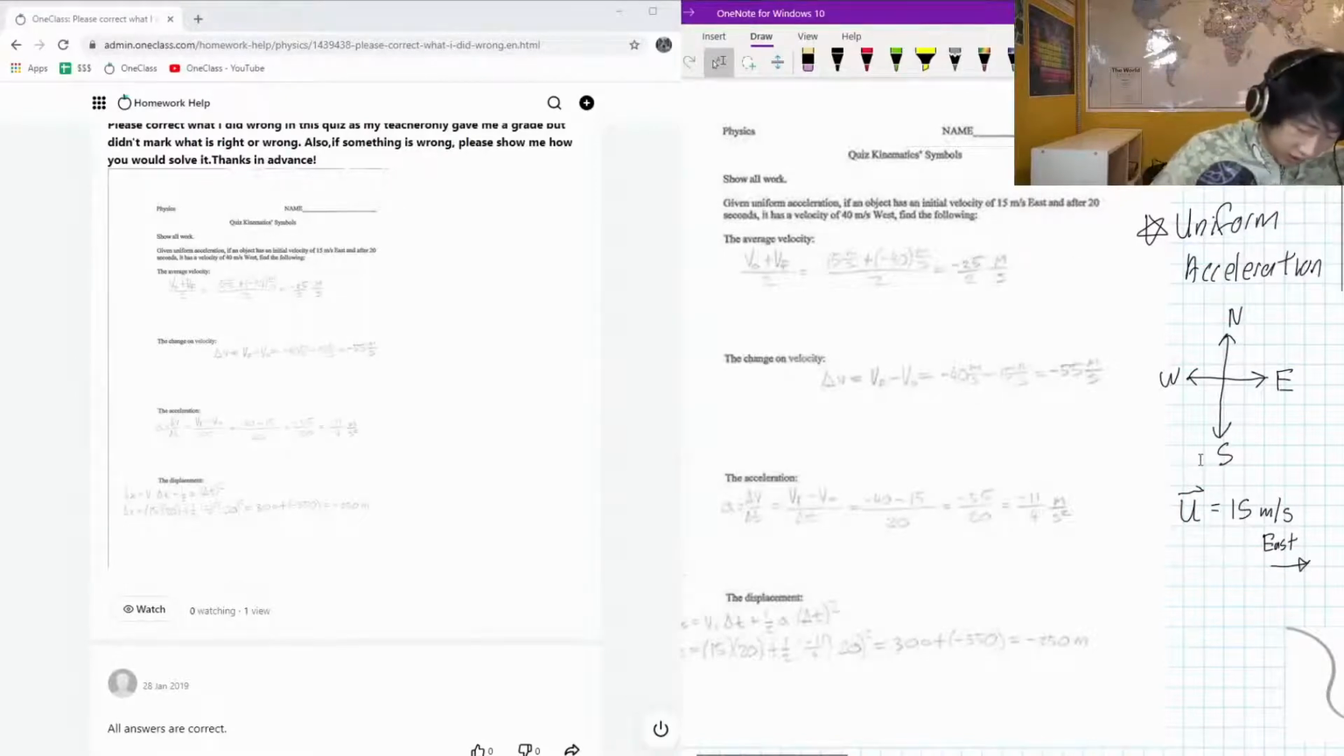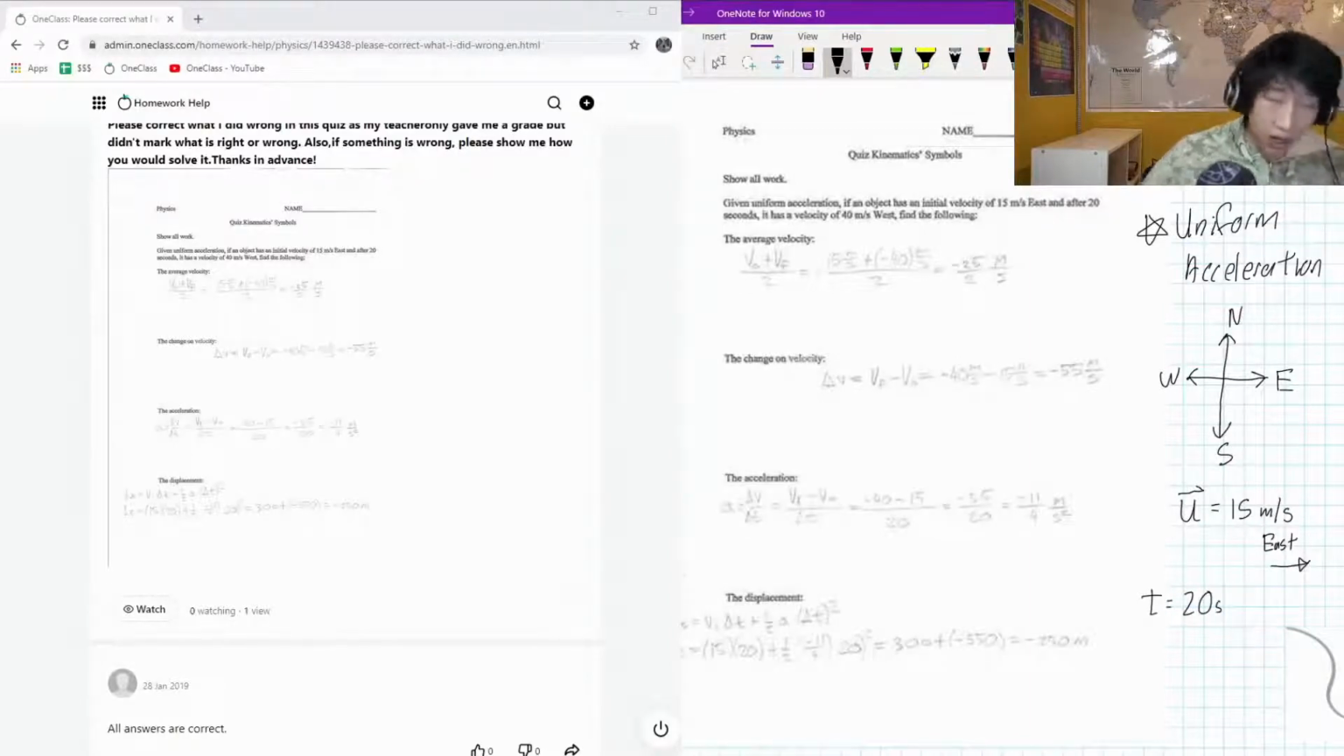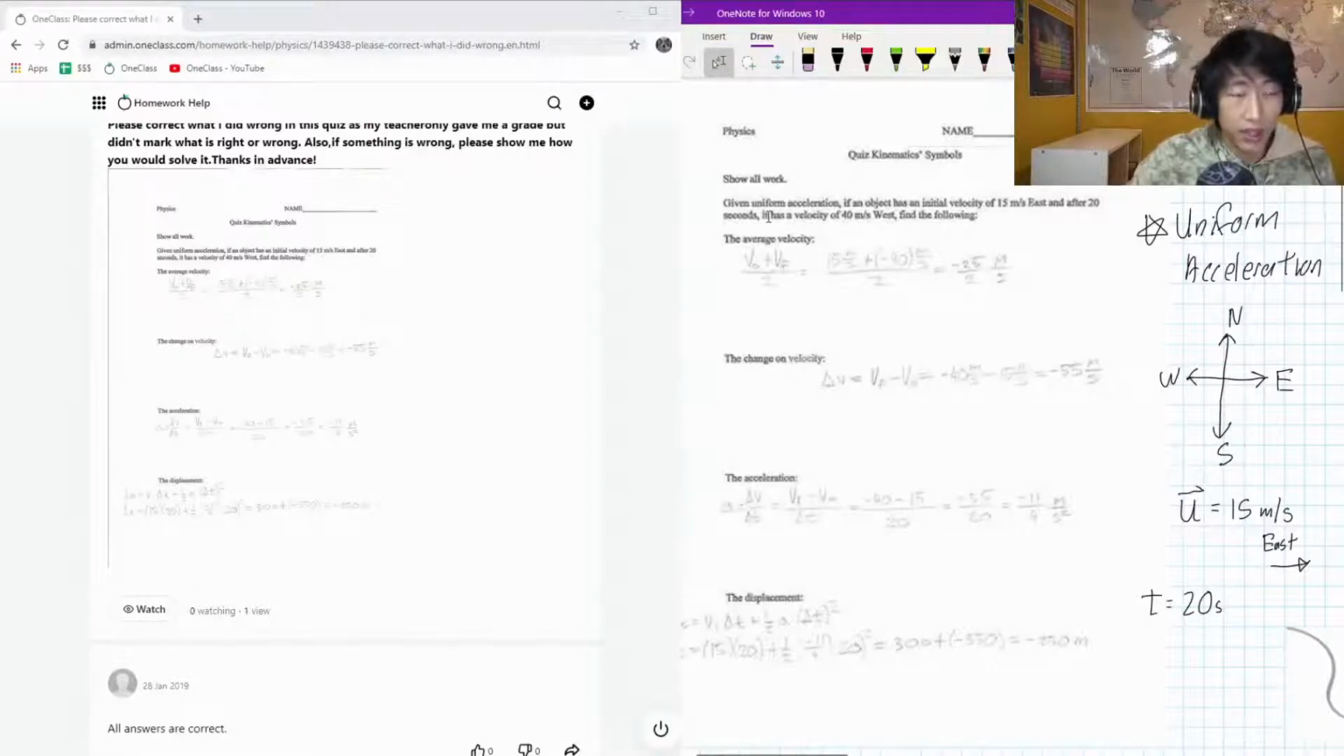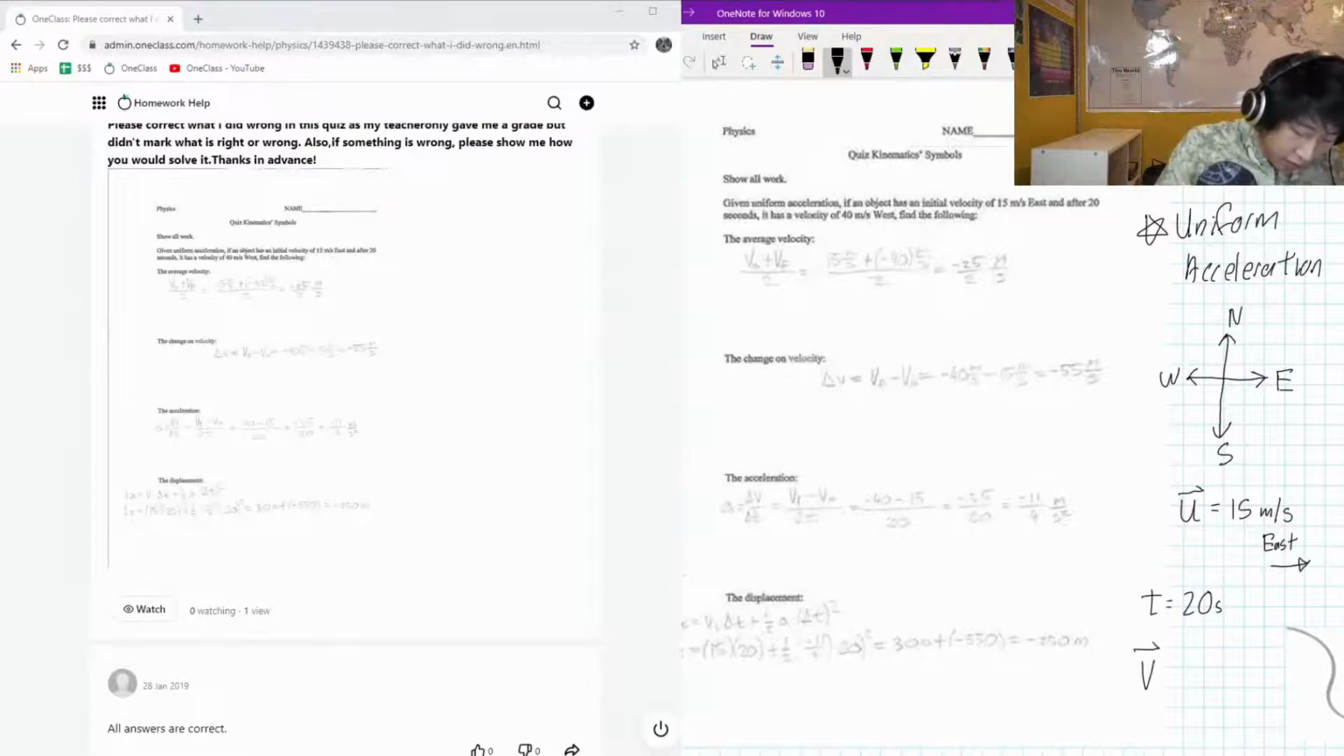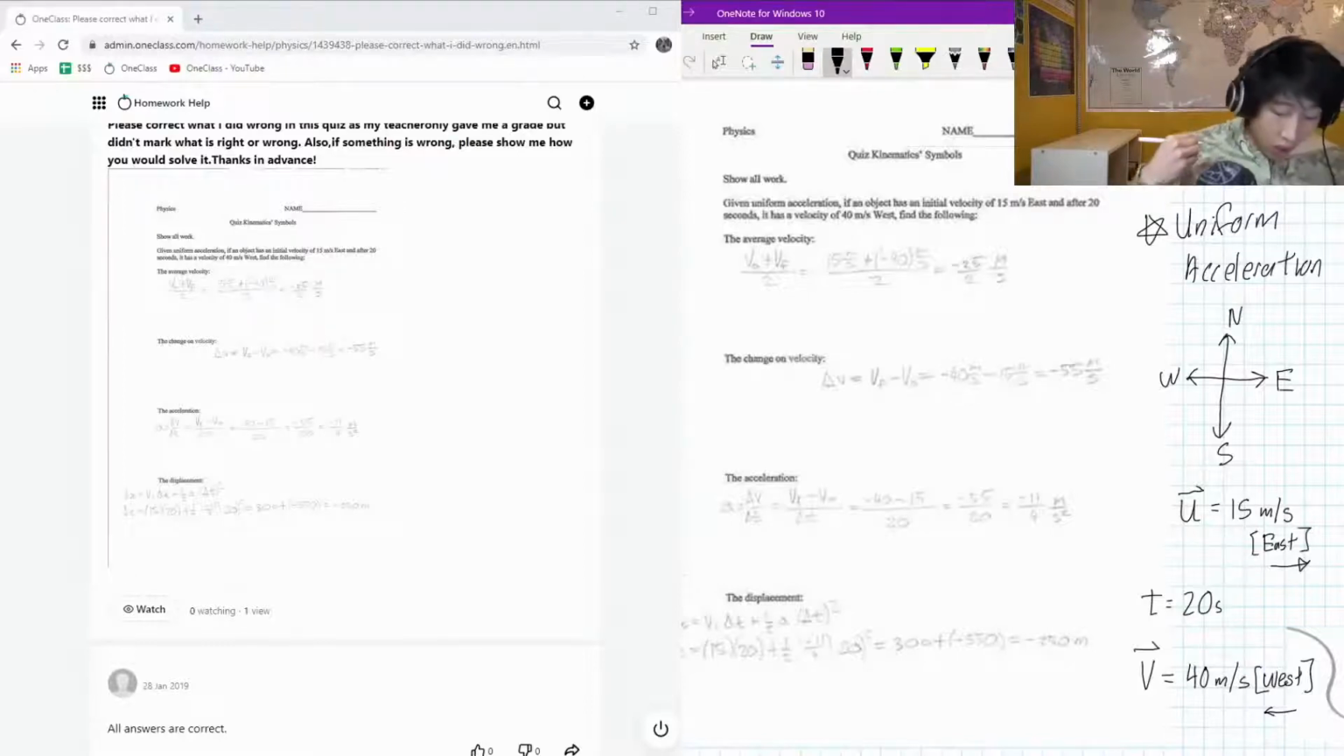And our final velocity after 20 seconds, okay, that's another thing that we're going to need to keep in mind. Our time here, 20 seconds. And after 20 seconds, it has a final velocity of 40 meters per second west, going the complete opposite direction. So for final velocity, it's fairly common for people to use v, and we've got to put an arrow on top of it. Remember, it's a vector, and it's going the opposite direction. So this is 40 meters per second. That's pretty fast. And this is west. It's good to surround it by square brackets just to specify that it's a direction. Okay, so